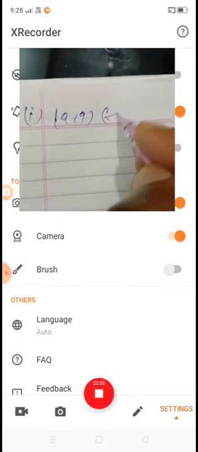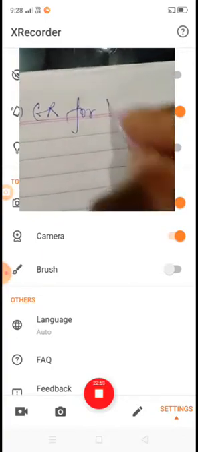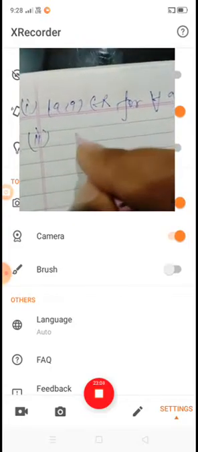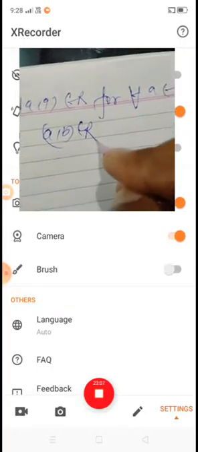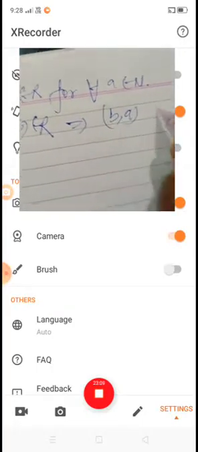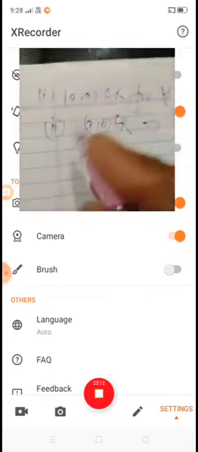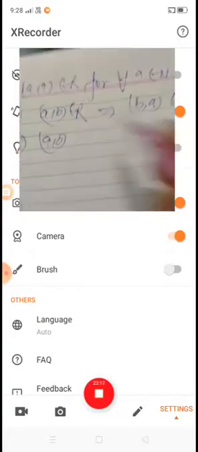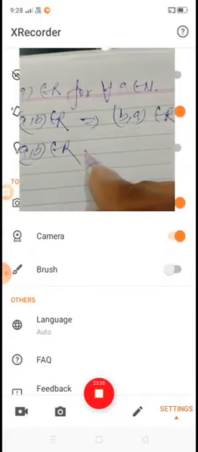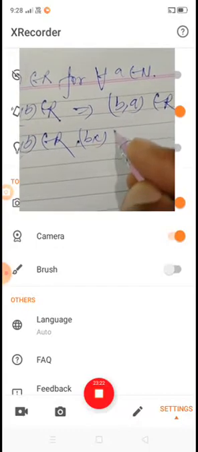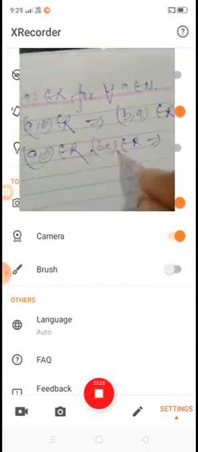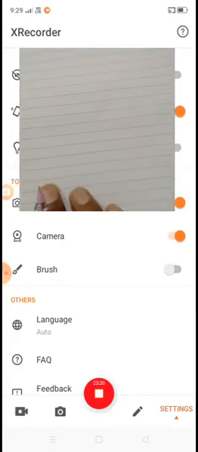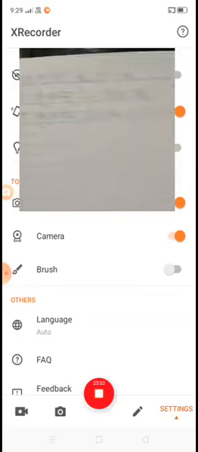First, (A, A) belongs to R for all A belonging to natural numbers. Second, (A, B) belongs to R implies (B, A) also belongs to R. Third one, you have to check it: (A, B) belongs to R, (B, C) belongs to R, this implies (A, C) also belongs to R. We have to check whether the following are true. Now solve it.